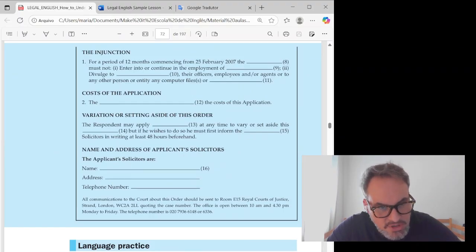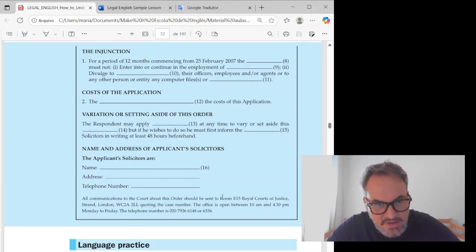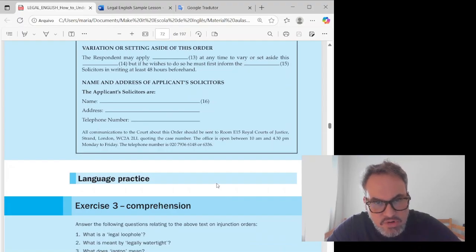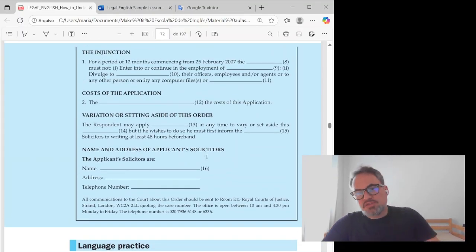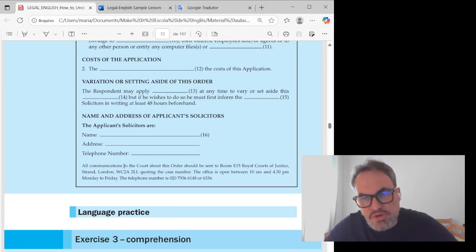All communications to the court about this order should be sent to room E15, Royal Court of Justice, Strand, London, WC2A 2LL, quoting the case number. The office is open between 10 a.m. and 4:30 p.m. Monday to Friday. The telephone number is 00079366148 or 6336. So, this is our first exercise, and we're not going to continue because